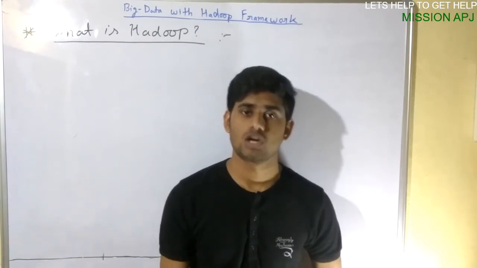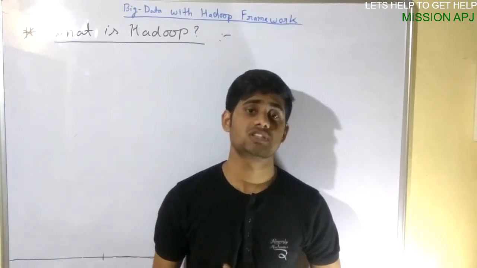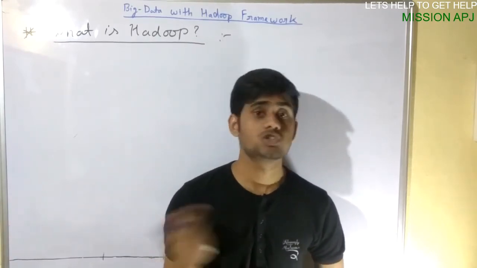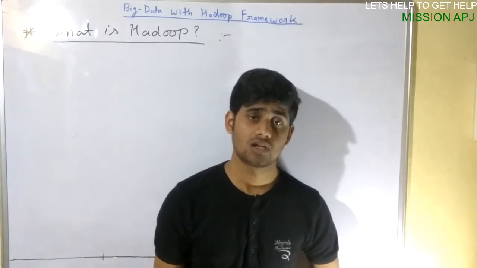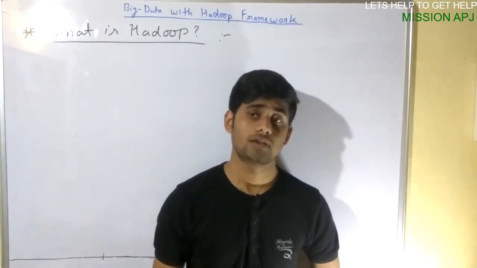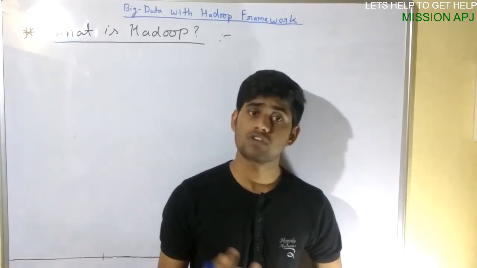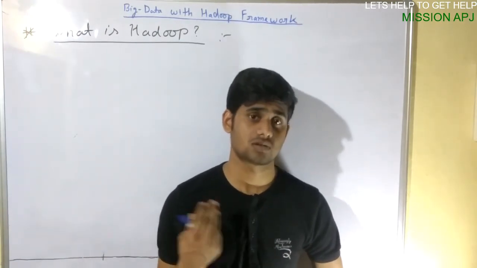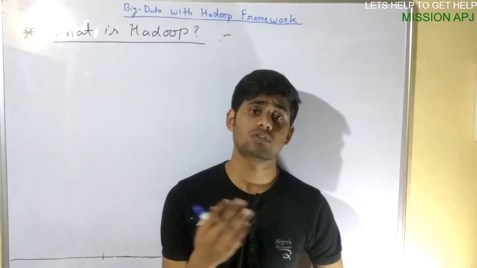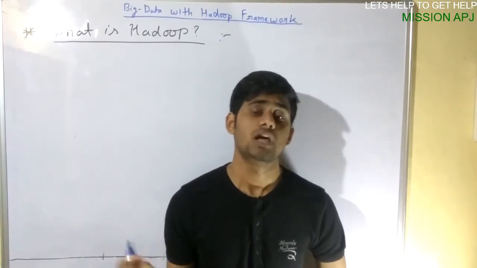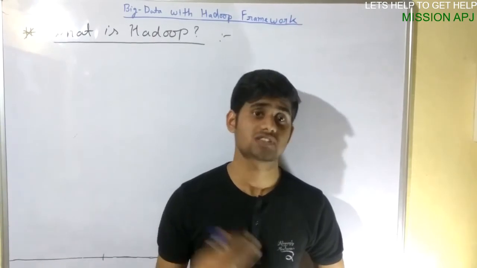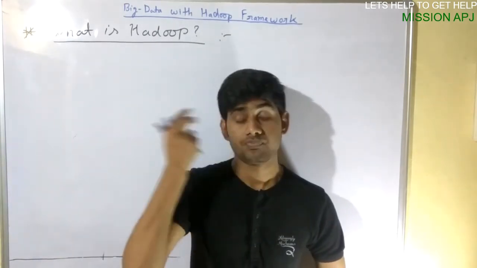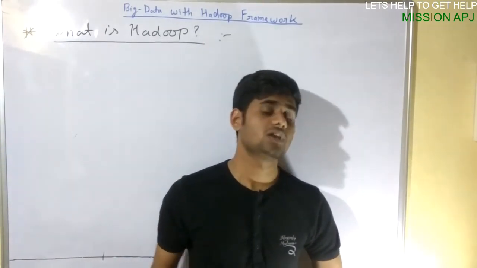Let us understand what Hadoop is. Hadoop is a framework, a technique. Hadoop is an open source platform which is used for storing big data and processing it on distributed and commoditized servers. So what is the meaning of that? Distributed means each particular program will be running on different nodes, so that work can be synchronized and done easily in a short period of time. That's a distributed system. Now, what is the meaning of commoditized servers?